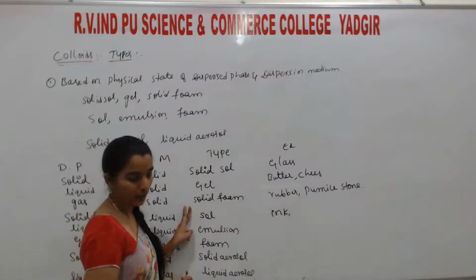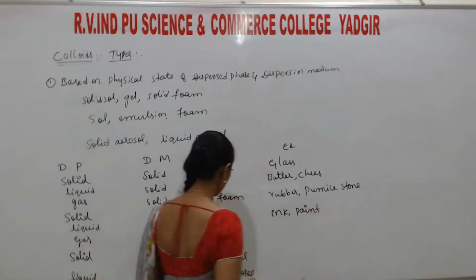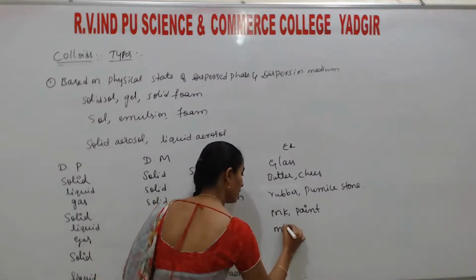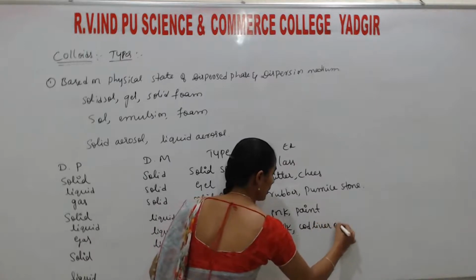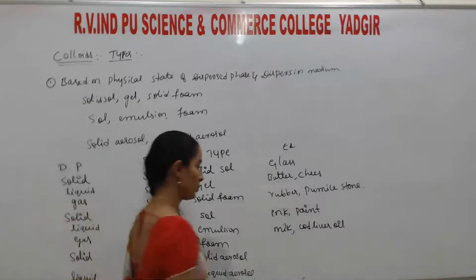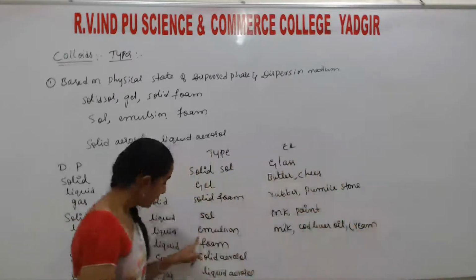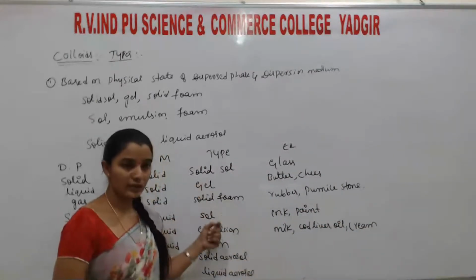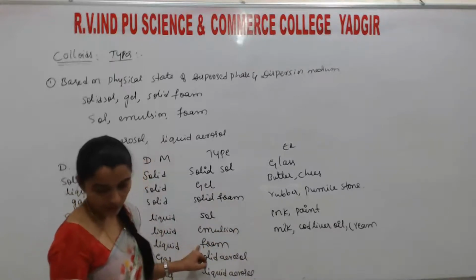Okay? Ink is there, paint is there. Another example for sol. Emulsion means milk, cod liver oil, milk, cream also. Cream and cod liver oil. This one and this one, remember, they are going to ask to give an example for sol. Okay? Next, foam means that is